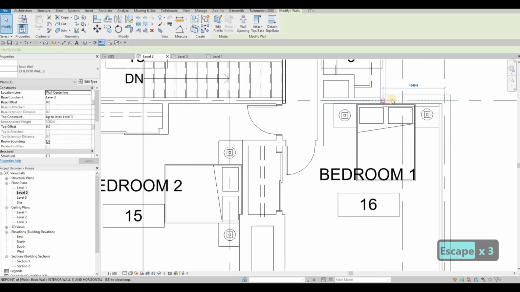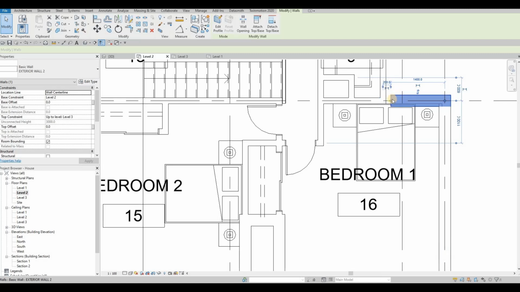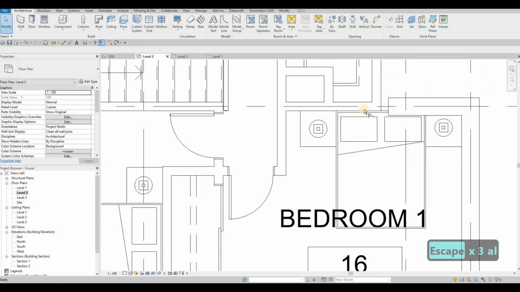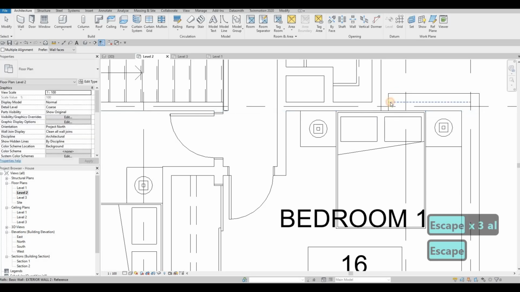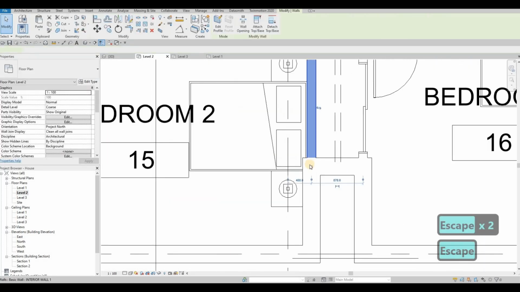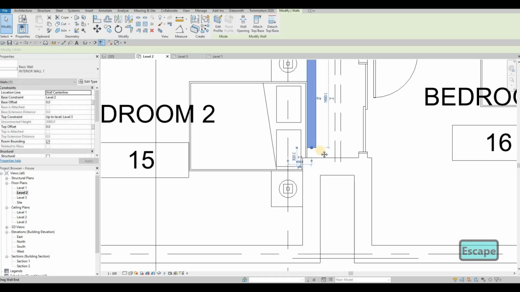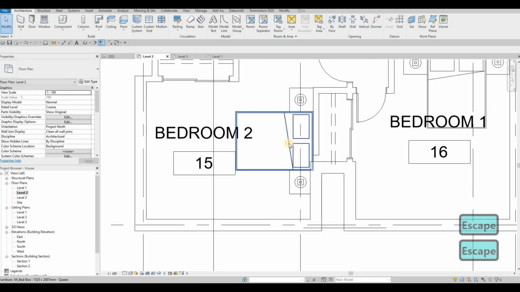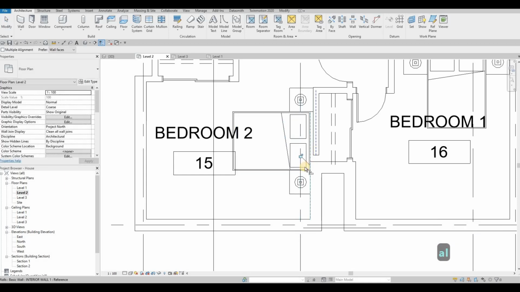I'm gonna move it back first, AL, in order for me to align it properly, and then just connect it. So you need to disconnect it first so that you won't have to move it a little bit back. AL, align it here again, and then align it here,